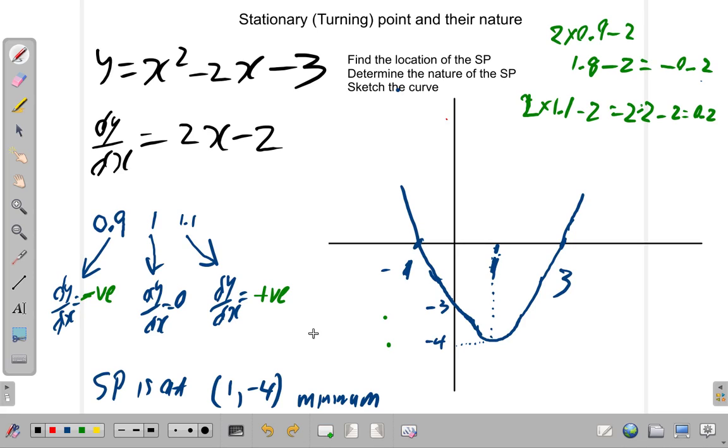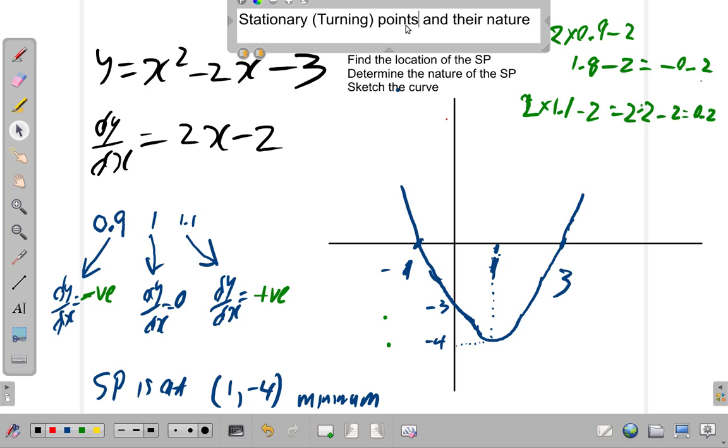We're back and we're continuing to look at stationary points and their nature. Now, we had looked at the stationary point for this function y equals x squared minus 2x minus 3,